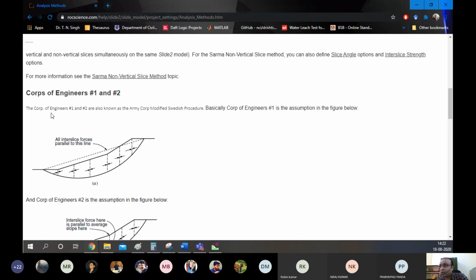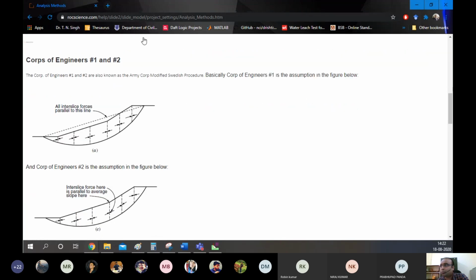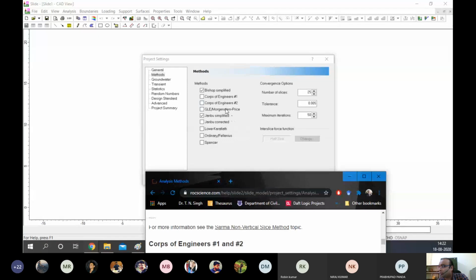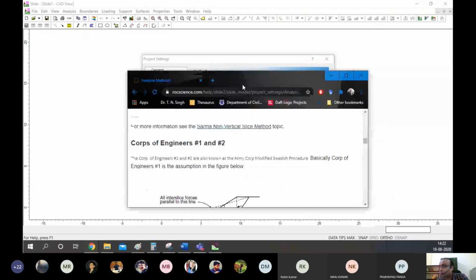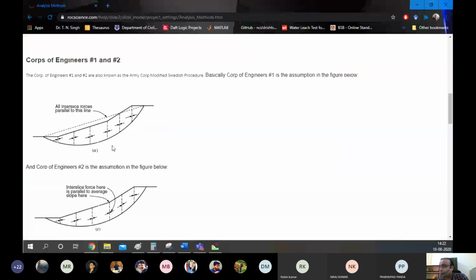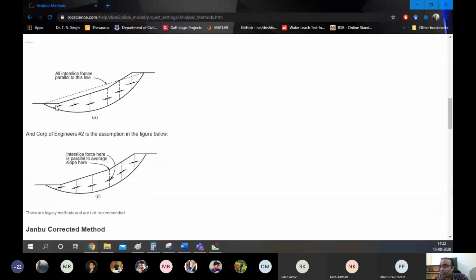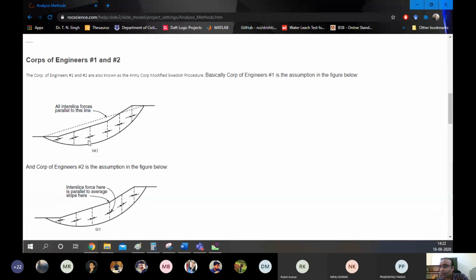Like the Corps of Engineers 1 and 2, these were two methods that we were seeing, right? The Corps of Engineers 1 and the Corps of Engineers 2. So what are these methods? How are they different? In this, as they are saying, the interslice forces are oriented differently in both of these methods.